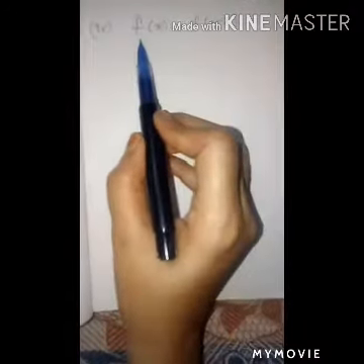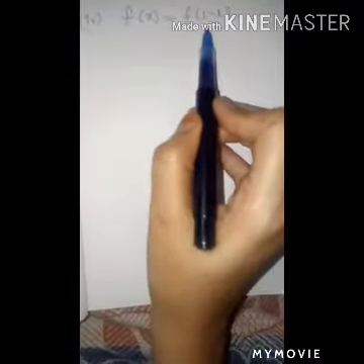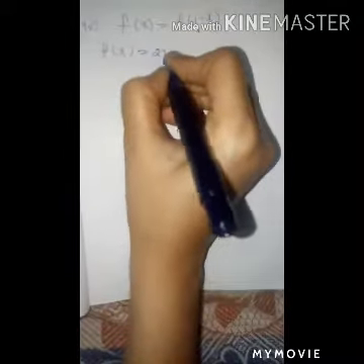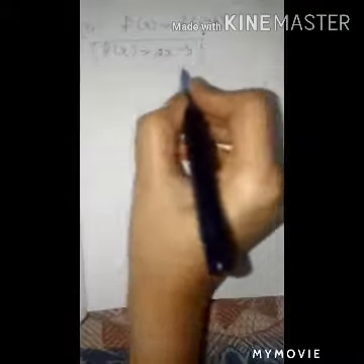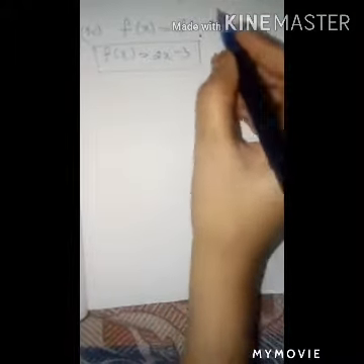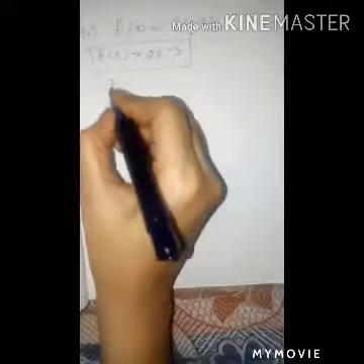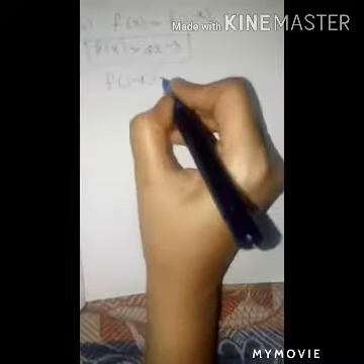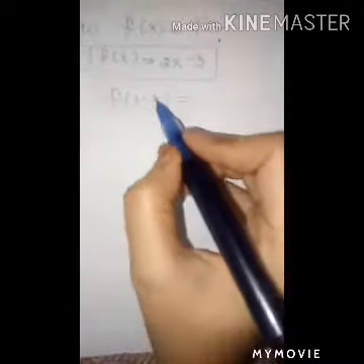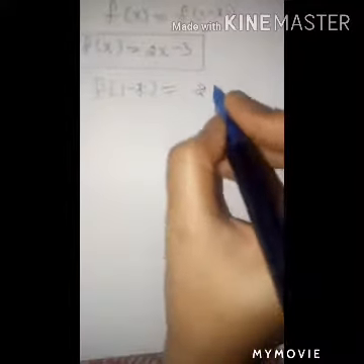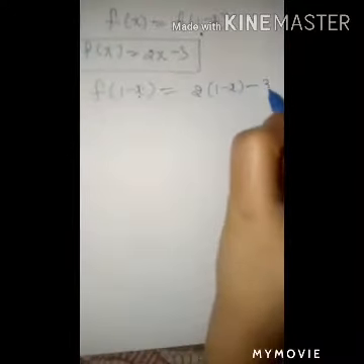Our fourth subdivision is f of x is equal to f of 1 minus x. That means we have two functions here. One is the f of x function and another one is the f of 1 minus x function. We know f of x is equal to 2x minus 3. It is given already in the question. So we want to find what is f of 1 minus x. Instead of x we need to substitute 1 minus x. So 2 into 1 minus x, minus 3.